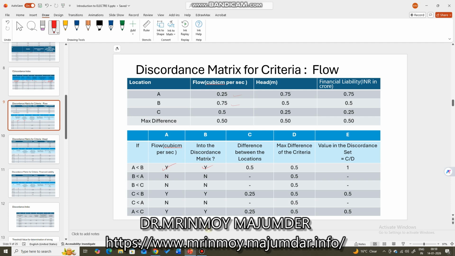As A is less than B, the value of A is deducted from the value of B, and the absolute value of that is noted, and then the maximum difference between the three alternatives for a single criteria